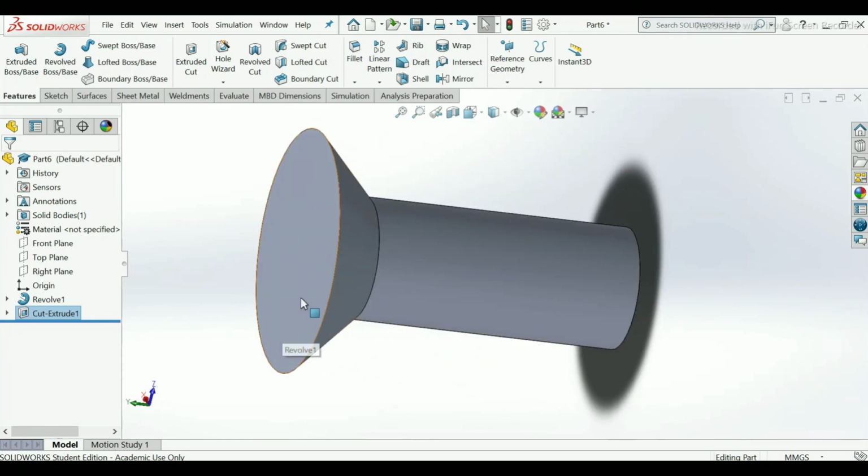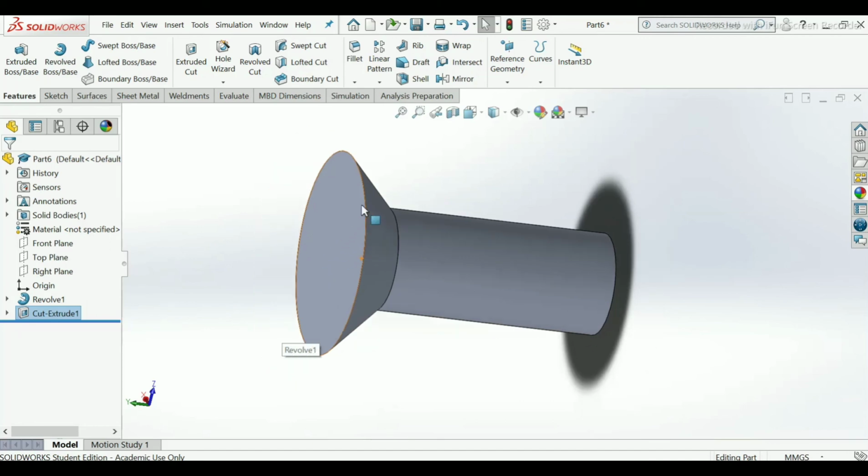Now here one cut is there, so take front plane, sketch.